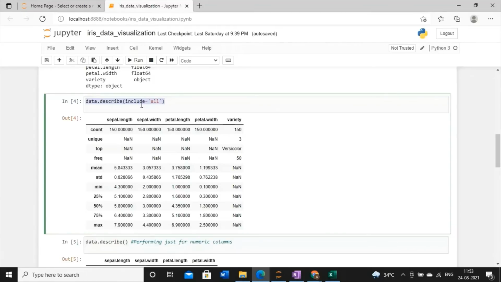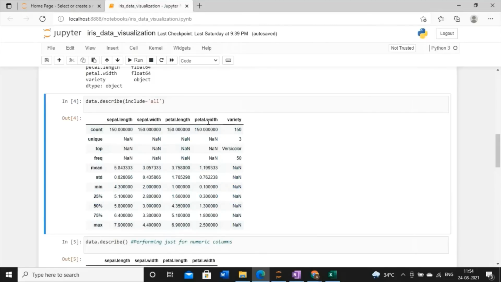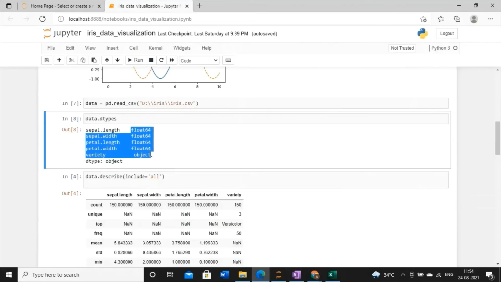Now we have to understand why we need to write this. Basically, data frame dot describe include all is used to get a summary of all the columns of the data frame. By this output, you will find it is giving a summary regarding each and every column. But here, try to understand, I just defined that all my columns are not of the same data type.